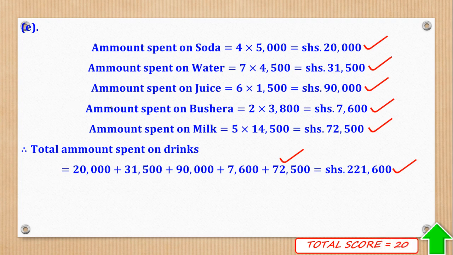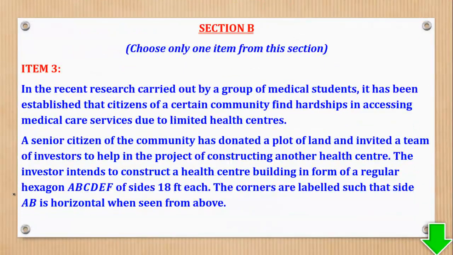Giving us a total score of 20. So that was section A. Now we shall go to section B. Section B had 2 items and you're supposed to choose only one. So item 1 says, in the recent research carried out by a group of medical students, it has been established